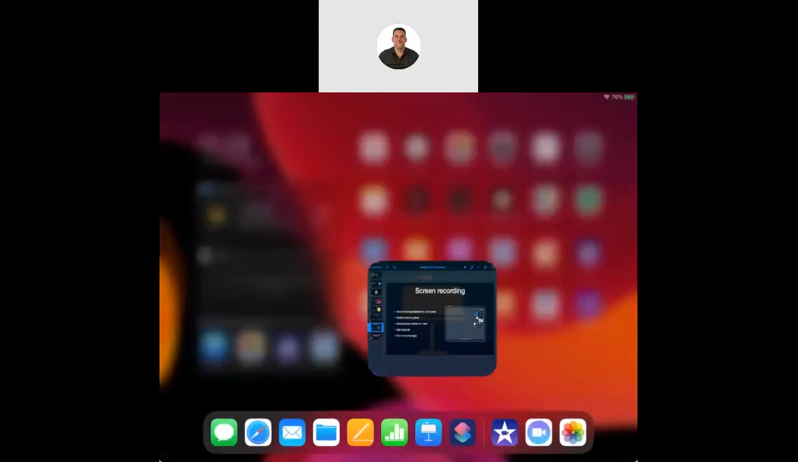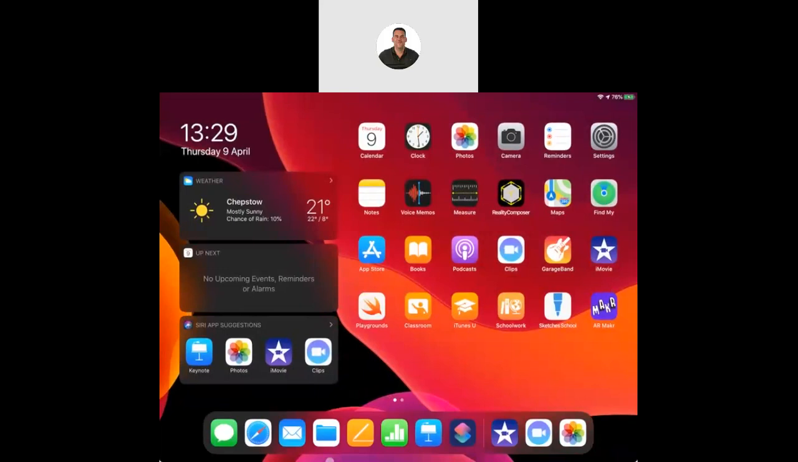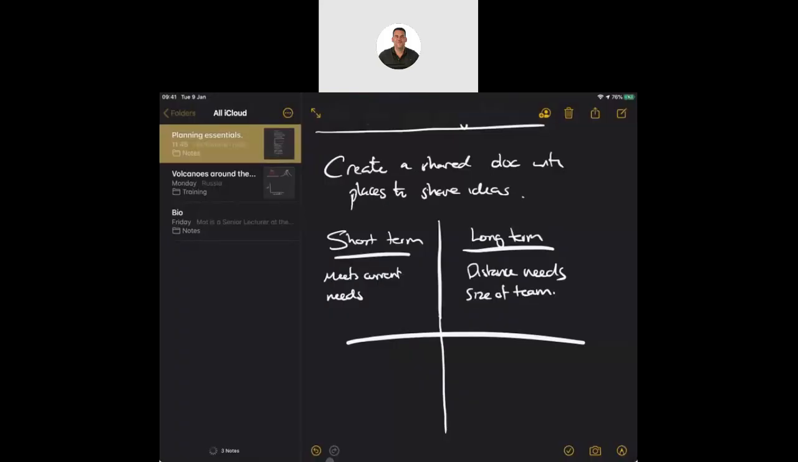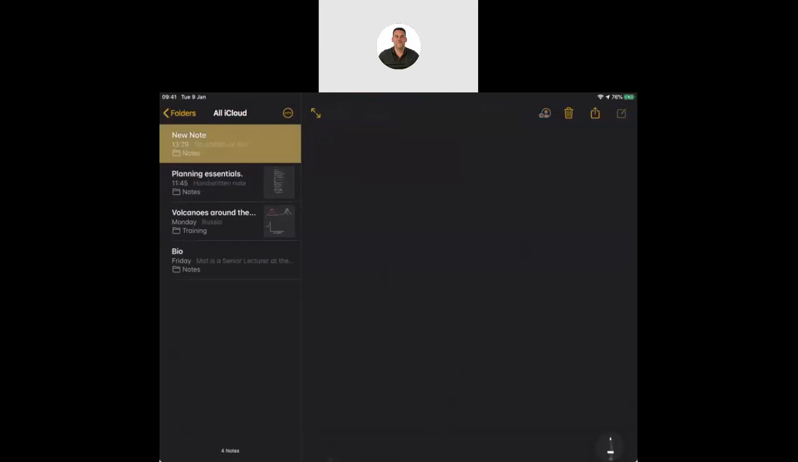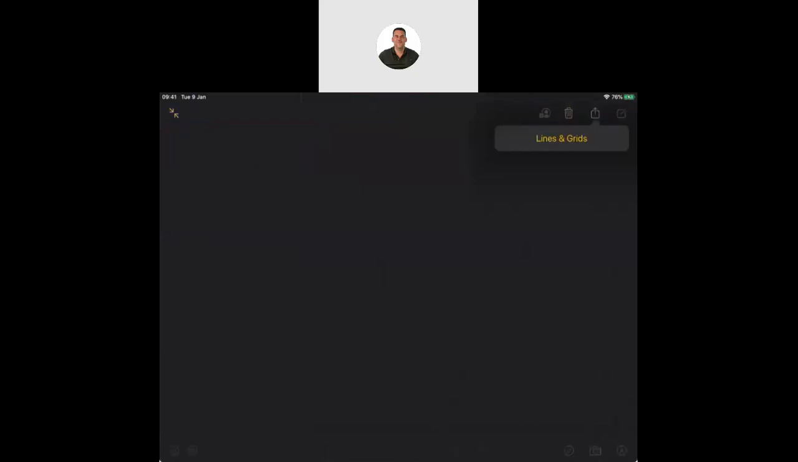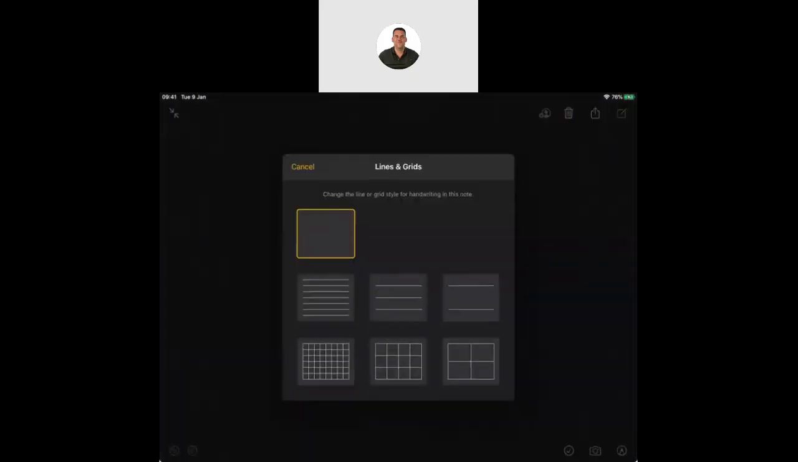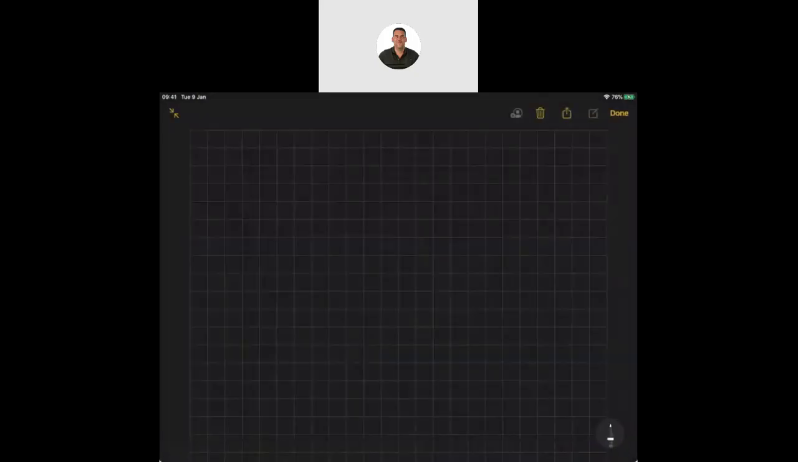If I go to, we looked at notes earlier in the week on a different event. So I'm going to go to a new note, and I've got my pencil set up. I'm going to make this full screen. I'm going to put the lines and grids in. I'll do a grid like this. And let's imagine I wanted to use this to demonstrate something to my learners in terms of how to do